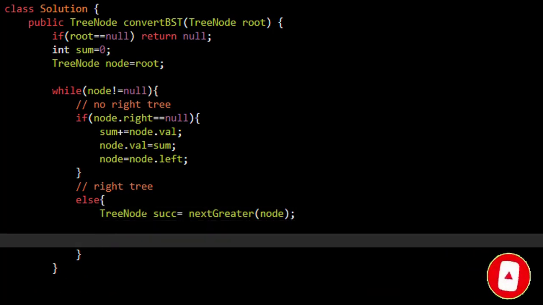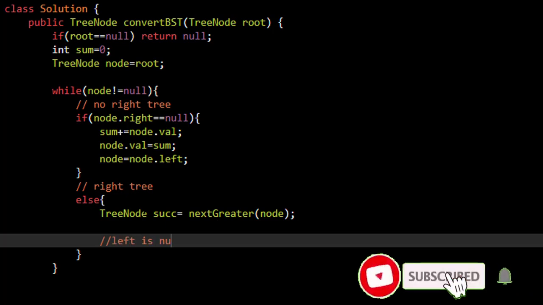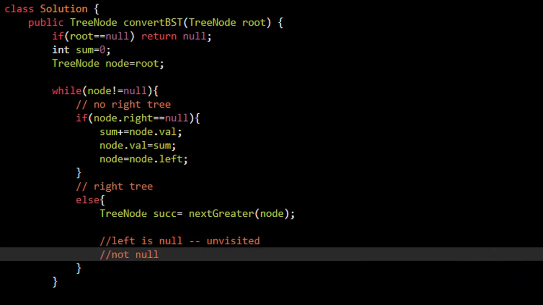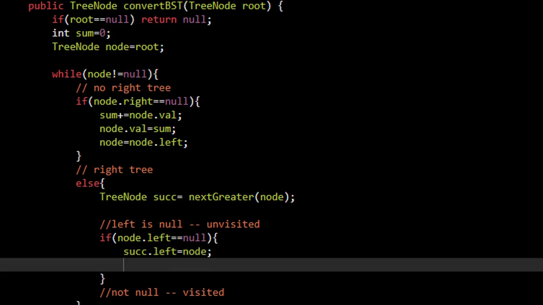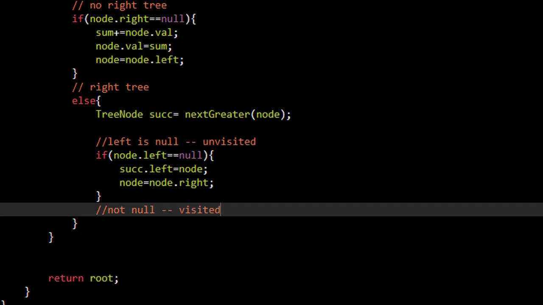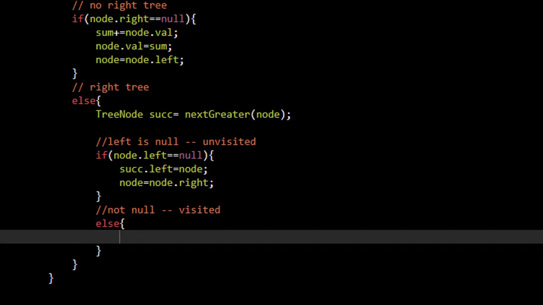Now in the successor, there can be a scenario wherein the left is null. That means it is unvisited. Or it is not null. That means it is already visited. So in order to check if it is null, that is it is unvisited, in that case we update the left pointer of this successor to the current node. So the left of this is our current node and the node should be moved to the right like we did. Else, if it is a visited node, we need to first break the link that we have previously created,